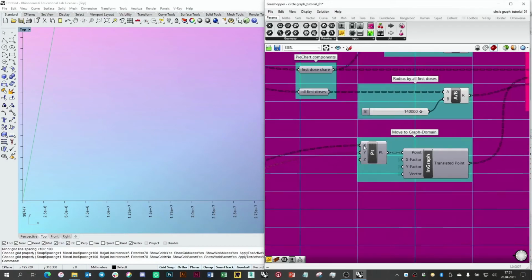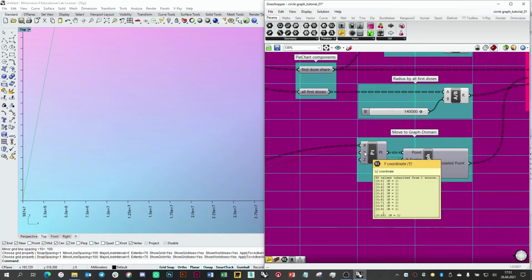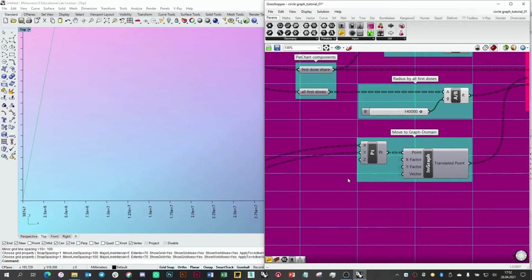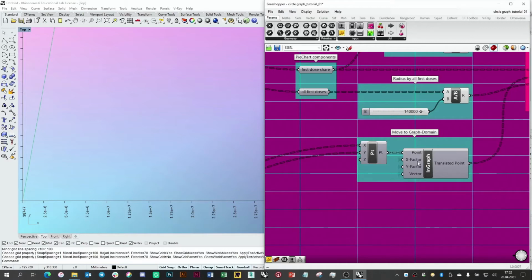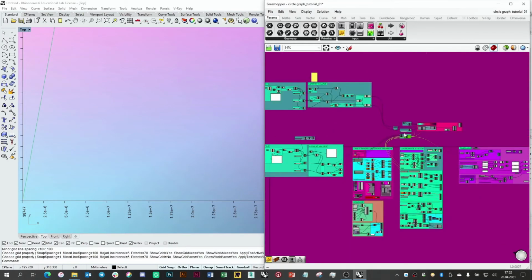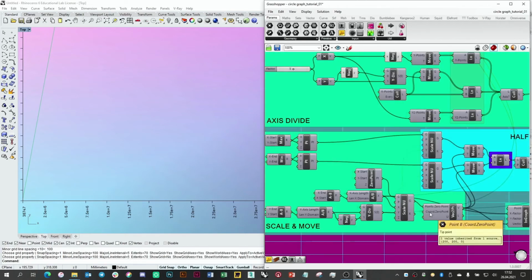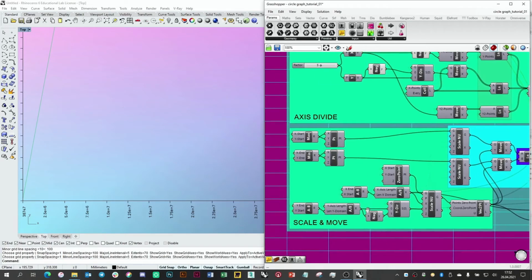Problem is that they are quite large again. They are simplified here. Here not, that's not a problem. And we now have to move these into the graph. So we have our points. We just need the X factor and the Y factor and the vector to move. And that is not a problem because we have already calculated these down here for the scale and move of